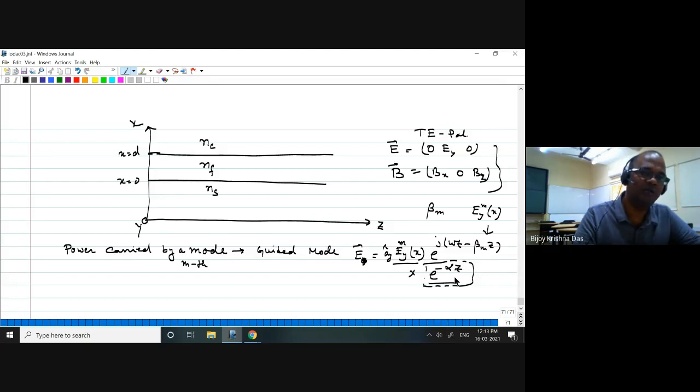Because ultimately you are learning all this to design a waveguide for practical applications. And when you talk about practical applications, you have to think of many things, right? I need to carry 1 watt. I need to carry 1 gigawatt. I need to carry maybe just 1 picowatt. Can I design a waveguide that is suitable for any power level I want, for any mode?